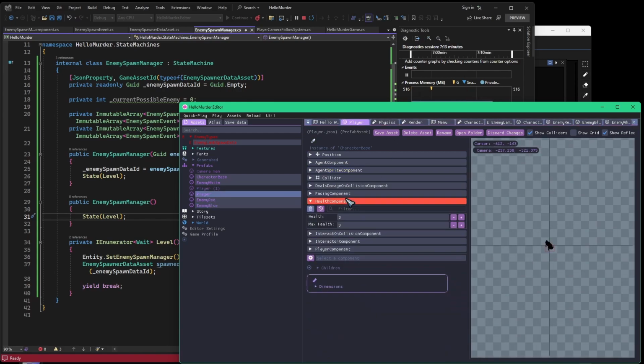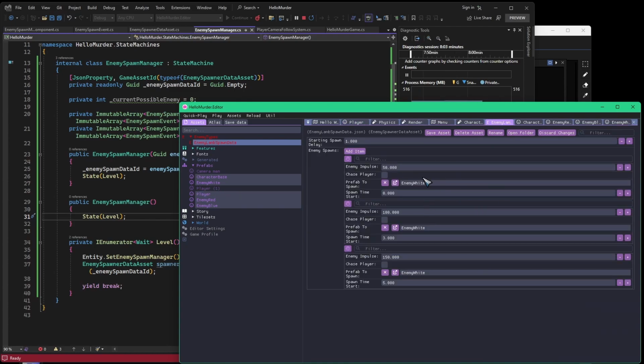One thing I could do is bump the player's health to, let's say, 10. That's probably sufficient. Now, in our spawn data, we can change these prefabs to reference the different prefab varieties. Red's a pretty intense color. Let's spawn blue as the second and red as the last one. So it should go white, then 3 seconds later blue, and 5 seconds later red should be added to the